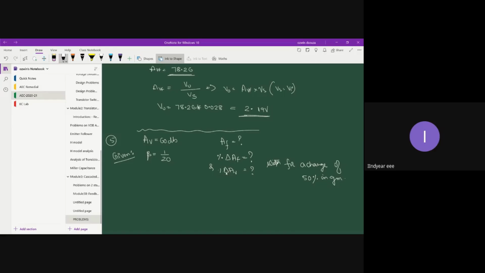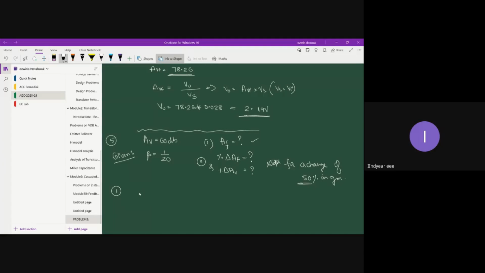Okay, so let me read it out. An amplifier having a voltage gain of 60 decibels uses 1/20th of its output in negative feedback. Calculate the gain with feedback, and the percentage change in gain with and without feedback, with a consequent 50% change in GM. So for a change of GM of about 50%, you know what that is? It is the change observed in the with-feedback and without-feedback cases. All right, fine. So first let us solve